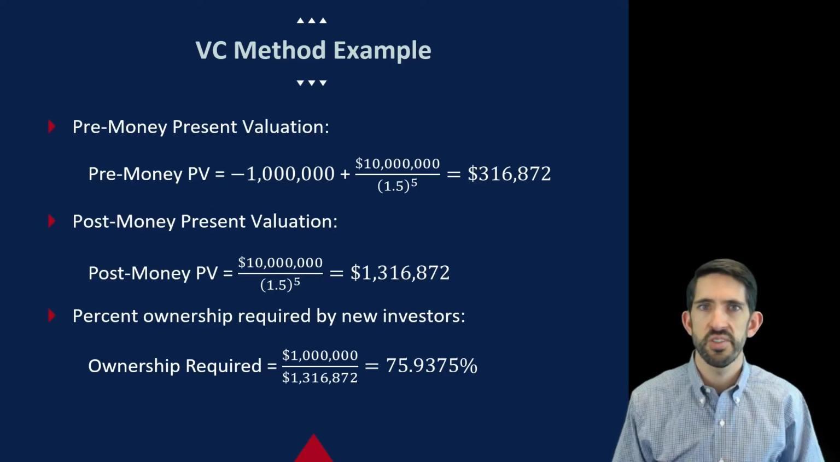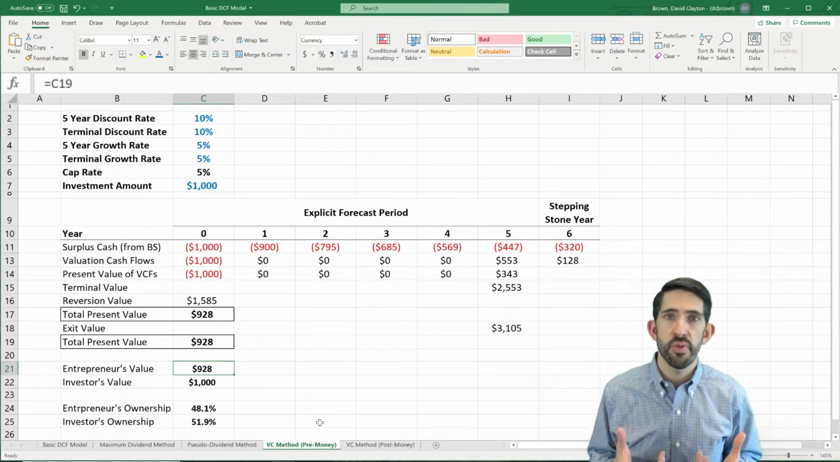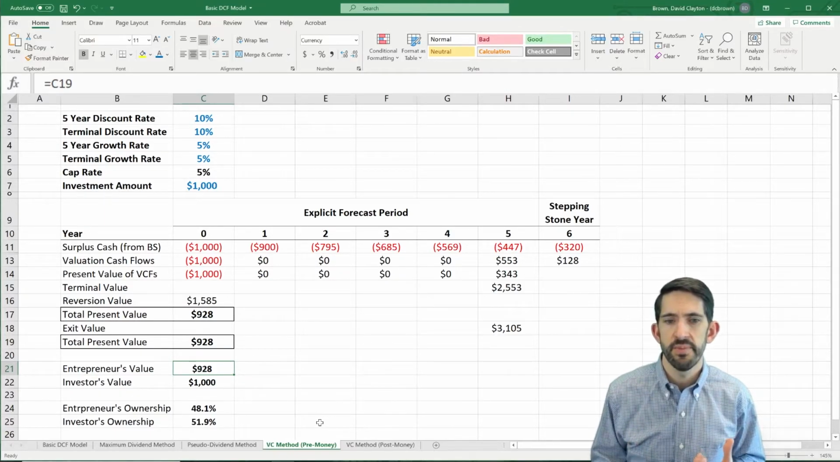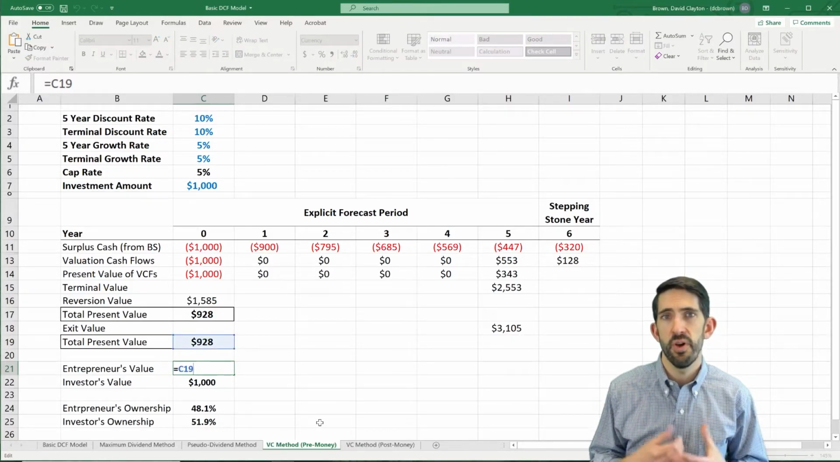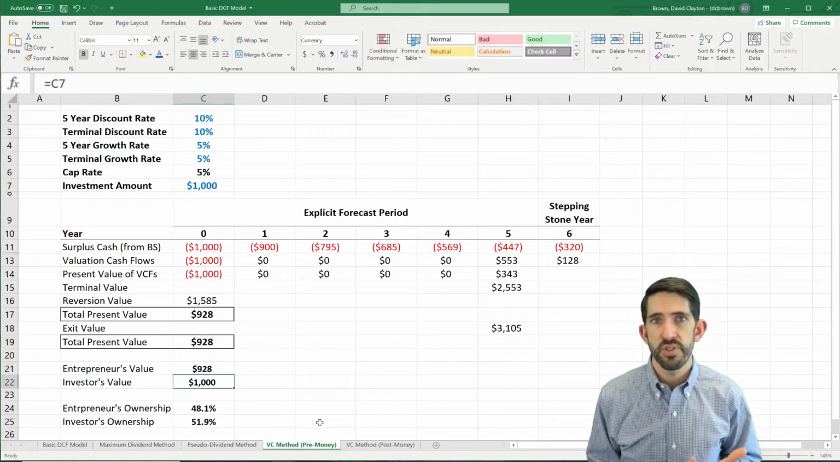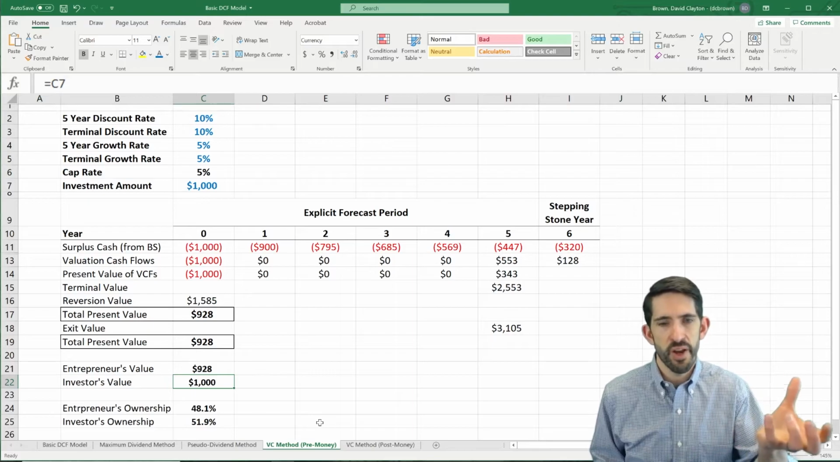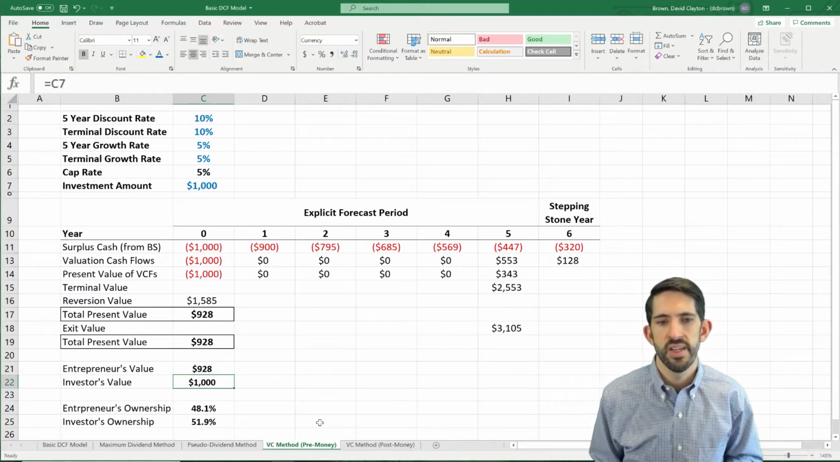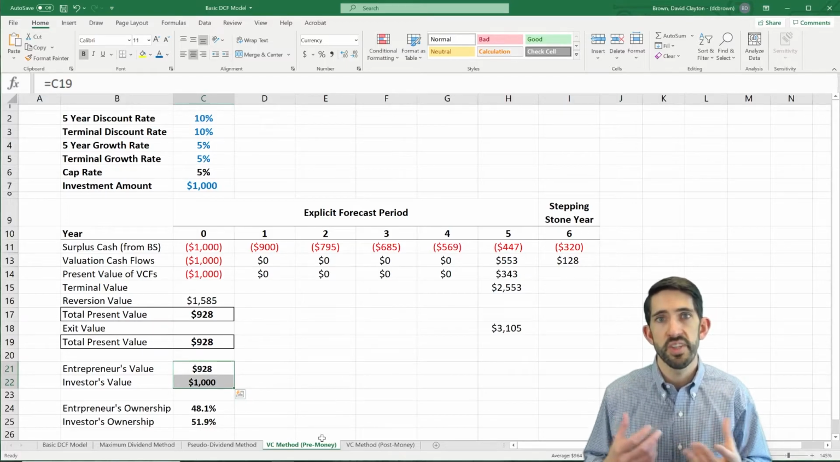All right, so let's see what this looks like in our example. We know that the pre-money valuation is the same as the value of the business plan. This 928 is just linked to the total present value of all those forecasted business cash flows. Now, that is the entrepreneur's value. The investor's value is the value of that new investment they're going to make. We're going to assume it's exactly equal to the amount that we need to put in to buy our factory, so it's that $1,000. And so when we put those together, the post-money valuation would be the sum of those, or the